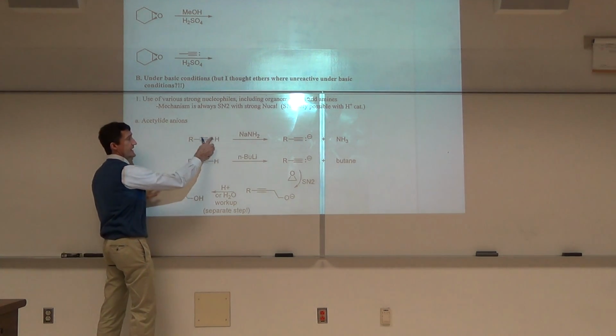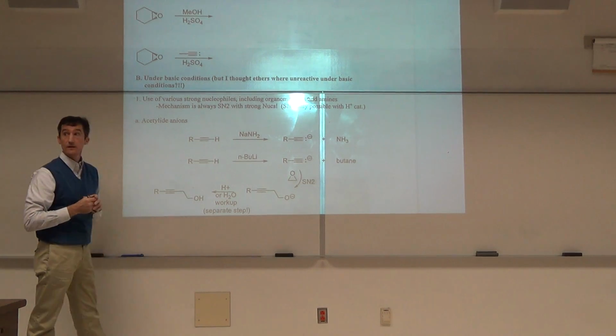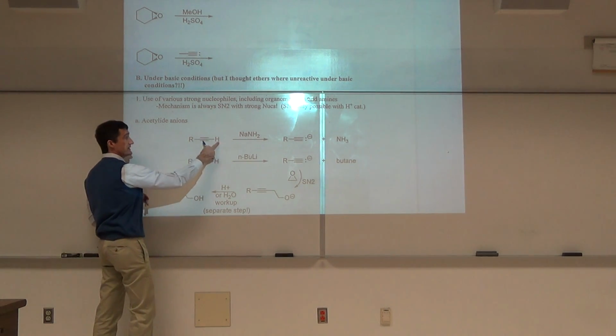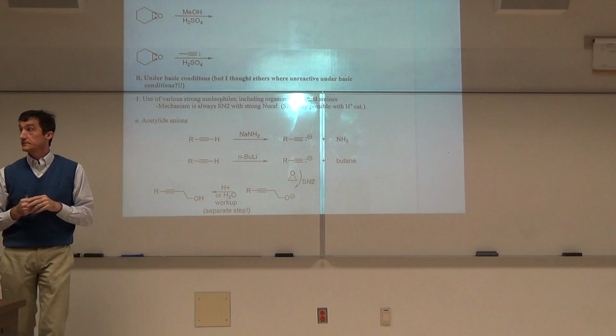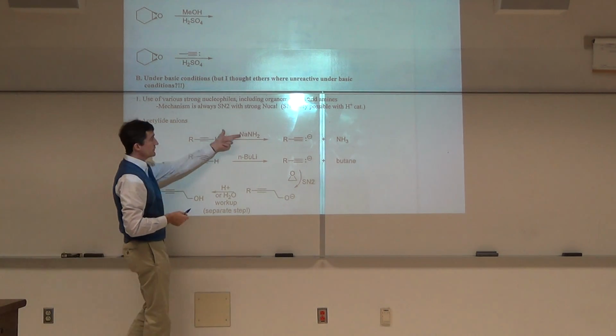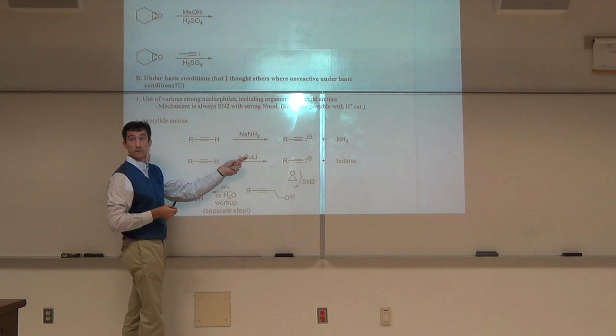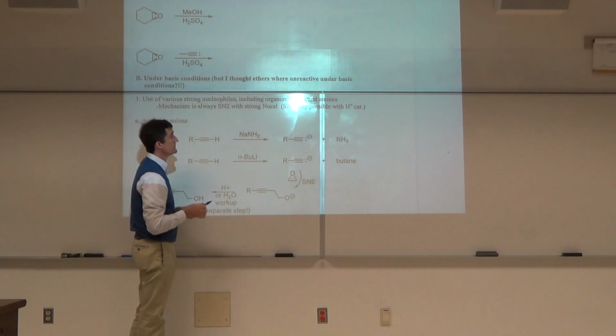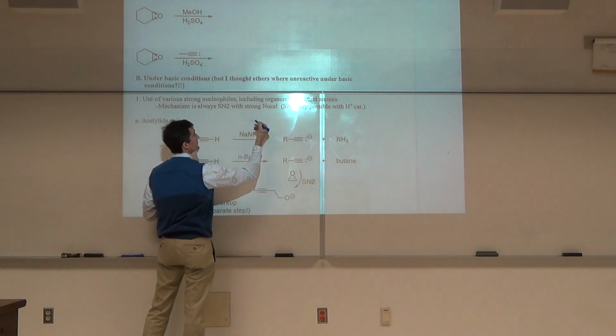Remember we took an acetylide or a terminal alkyne. This H has some acidity because of the sp nature of the carbon. Okay, we can deprotonate it. Remember we used these two bases in Organic 1. Sodium amide. Basically this is your